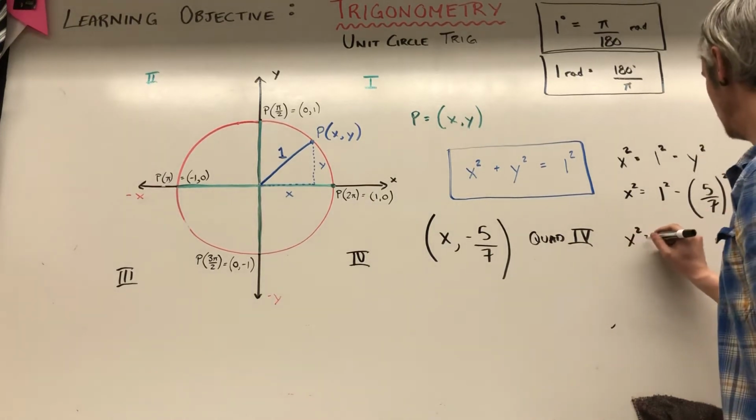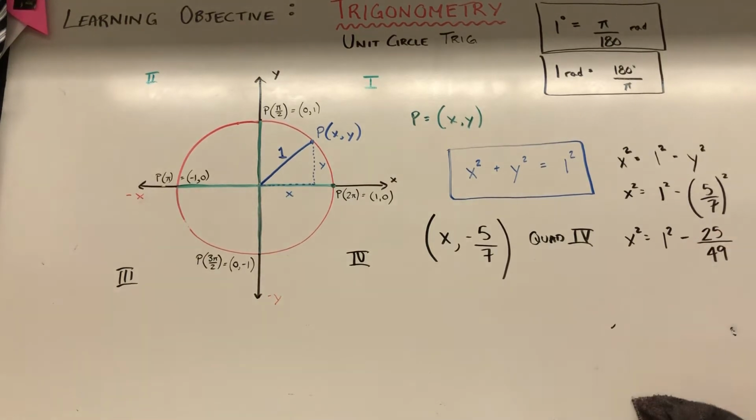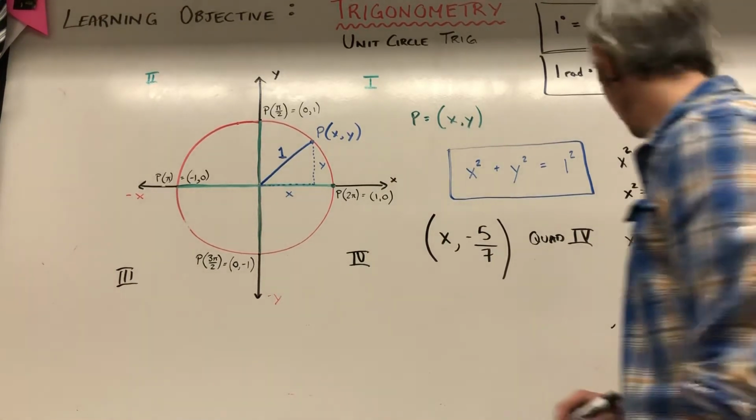X squared is equal to 1 squared minus 25 over 49. And so if I'm going to be able to subtract these, I need to convert 1 squared, which is 1, to a fraction out of 49. So x squared is equal to 49 over 49 minus 25 over 49, which is equal to